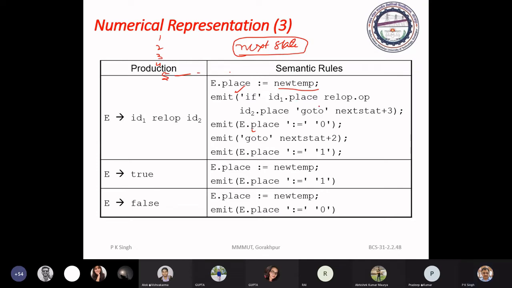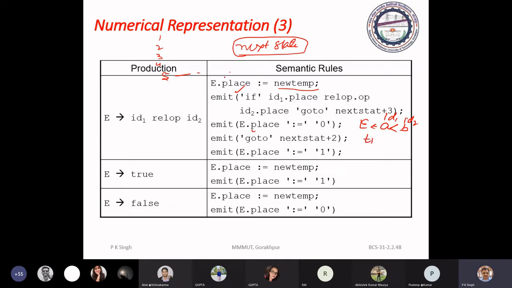Now we have to first translate this: A is less than B. This is identifier 1, identifier 2, ID1, ID2. This will be reduced to E. When it gets reduced to E, it will take this action. It will generate a new temporary, suppose it is T1.